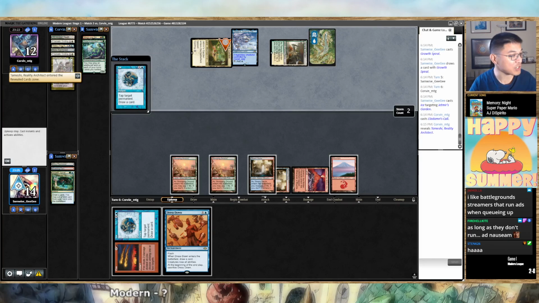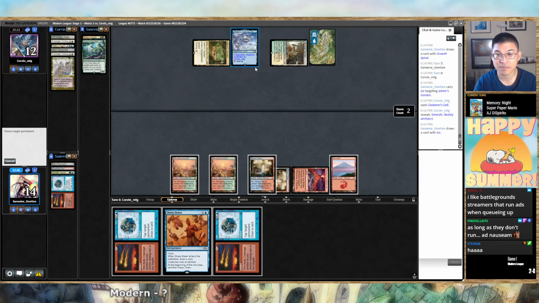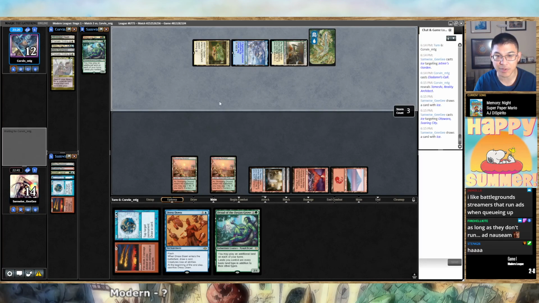Oh, they're Tameshi. Got it. Alright, that makes sense actually. Tameshi, Lotus Bloom combo. Got it. It means they also probably just have very few counter spells. This matchup should be extremely good, I think. But